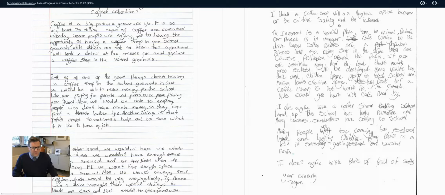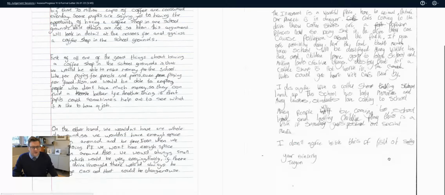That actually backs up the statement further up here, so that's quite nice. Talks about the forest school being destroyed among the wildlife, very conscientious, very ecological. I disagree with the coffee shop taking a space, and finishes it like a letter.